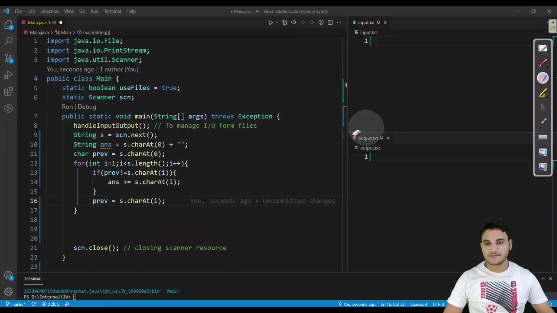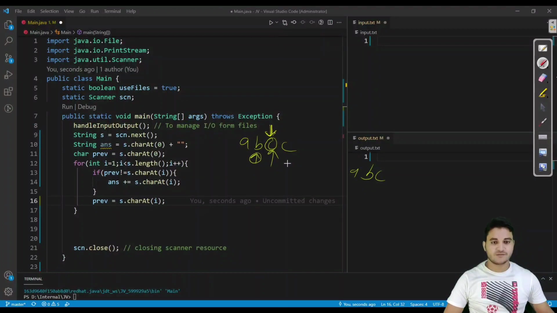let me explain one more concept here. Let us say we were having a, b, c and c. Let us say previous was pointing here, now we are onto this, and this is not equal to this, then we will take c into this. Now if this element is ended or this is done, then we will assign this character into the previous one, so that we can compare this with this. Fine. So that is why I have written this condition.